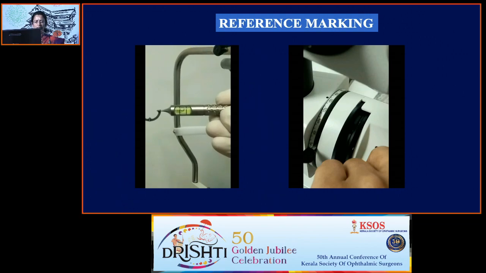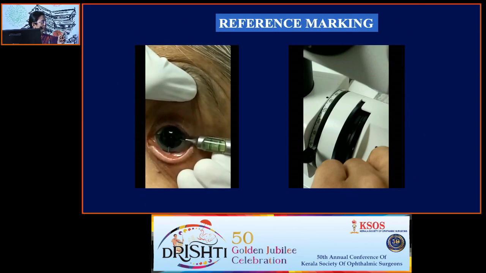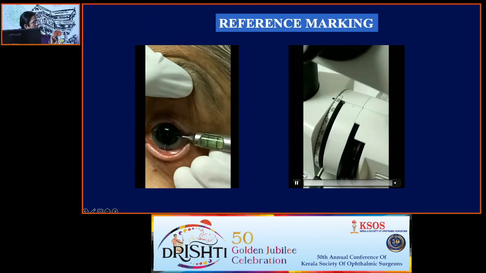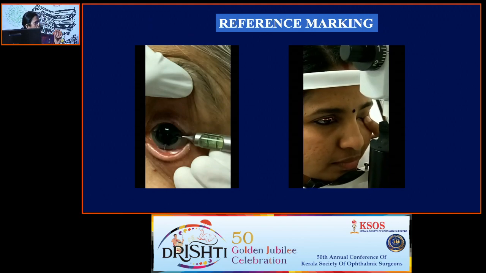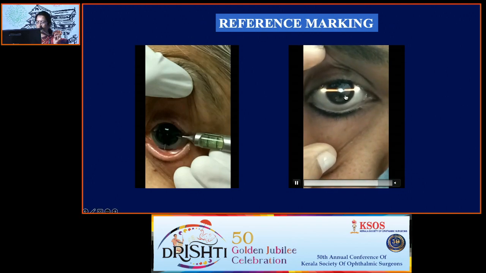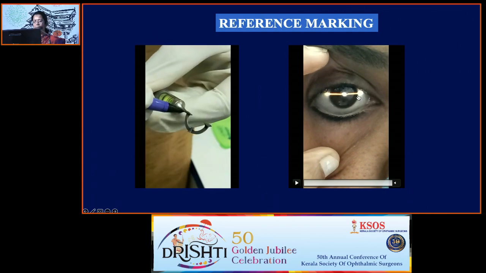So when the bubble is in the center, you have to mark the cornea at the limbus as shown here. Then it will be 0 and 180. The bubble should be in the center. Now this is a slit lamp based method. The beam is rotated to the horizontal position. And when the Purkinje image is in, ask the patient to look straight, and when the Purkinje image is in the center,